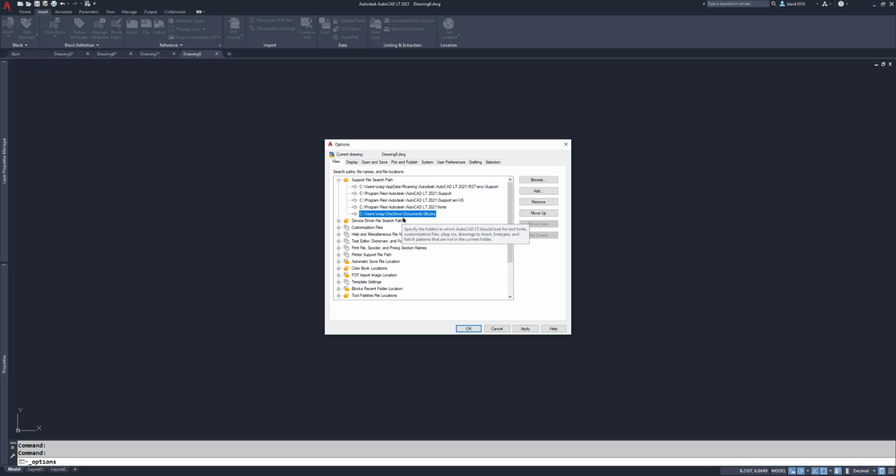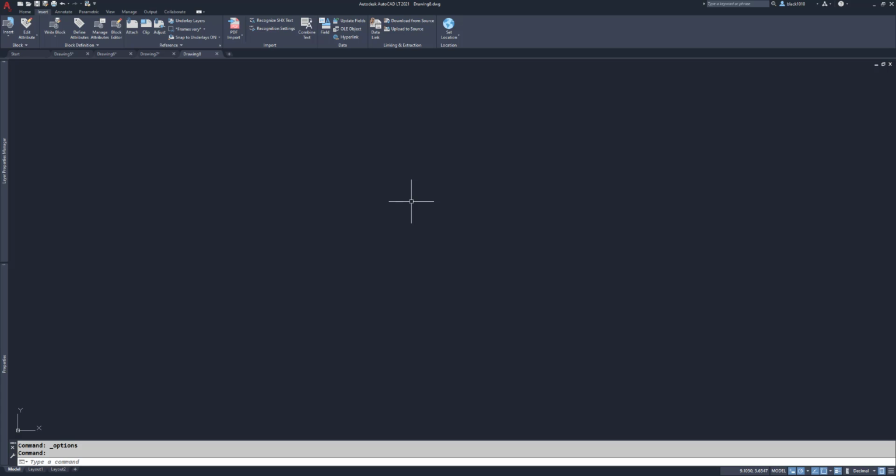Now when I just give a name in response to certain file searching tools like block or the insert command, where it asks me for a block, it'll automatically look here. If it doesn't find it in there, it'll look here, look here, look here, and finally it'll find it in here. And because of the magic of computers, that's a very quick operation. I'm going to say OK. And now I'm going to do my -I and hit enter. And when it asks me for the block name, I'm going to type in star, and it finds that automatically, and I can go and